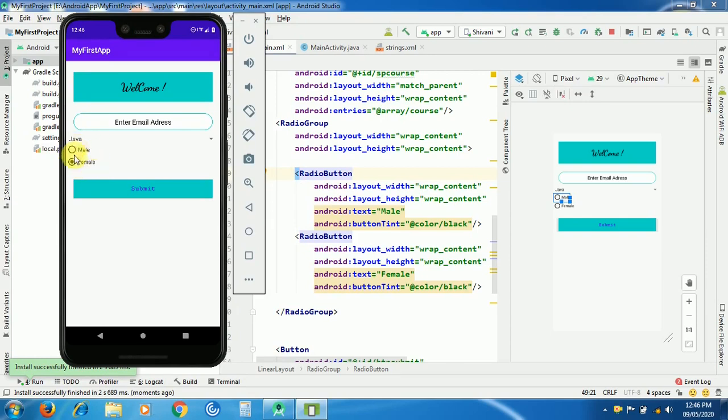So this happens due to the radio group. If you use only radio buttons, then it will allow you to select both the options at a time. So to avoid that, we have to compulsorily use a radio group for proper behavior.